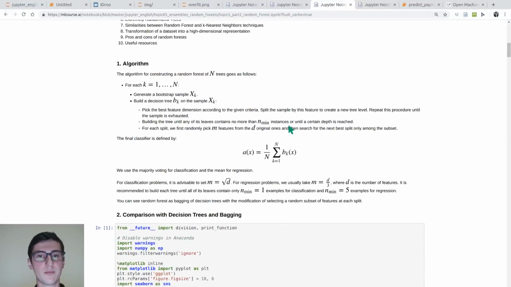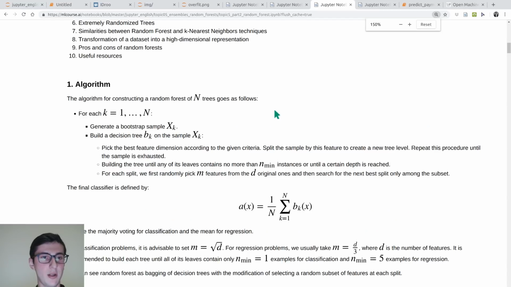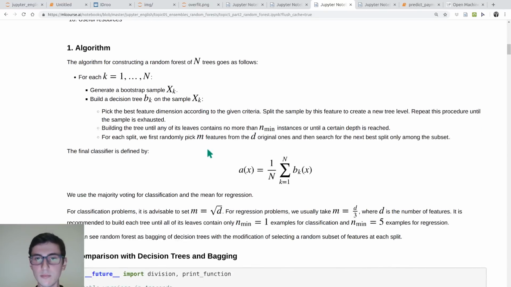Okay, so if we analyze pseudocode, it's going to be really simple. I know it's not really entertaining to analyze pseudocode, but you'll see it's simple in our case. So we'll have n trees, and on each iteration we'll generate a bootstrap sample. We'll call it xk, and then we'll build a decision tree bk on this subsample. Specifics about random forest come at this point. So for this decision tree bk,